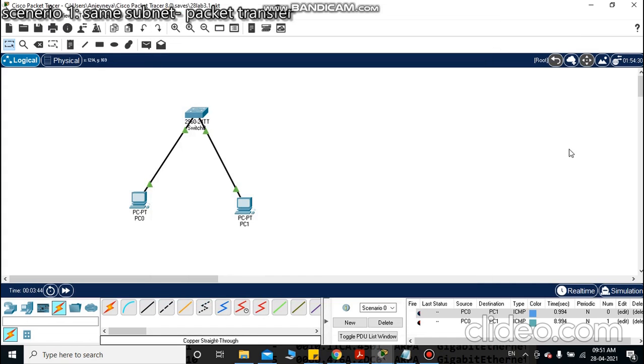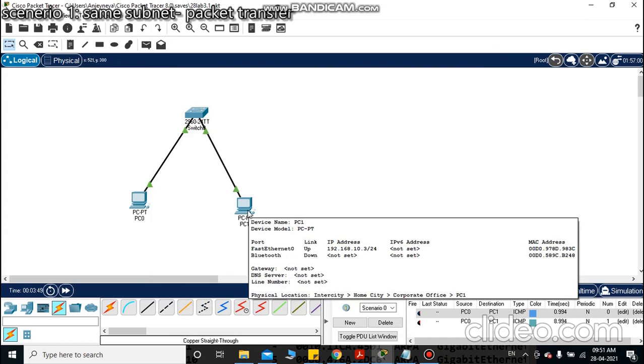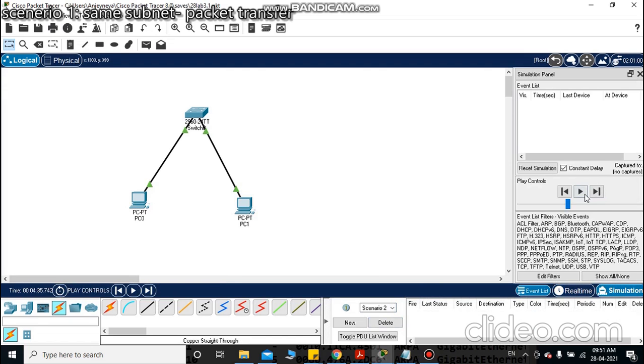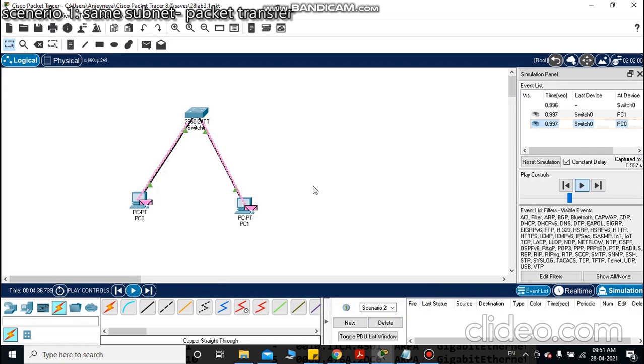The same scenario can also be simulated here, and we can see whether the data packets have been transferred from one device to another.